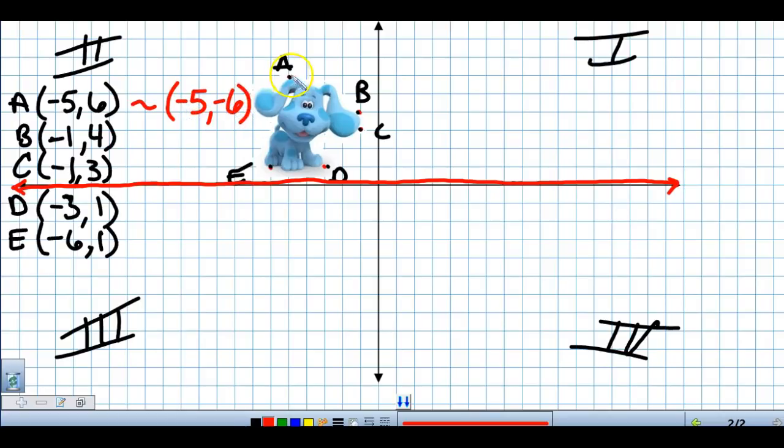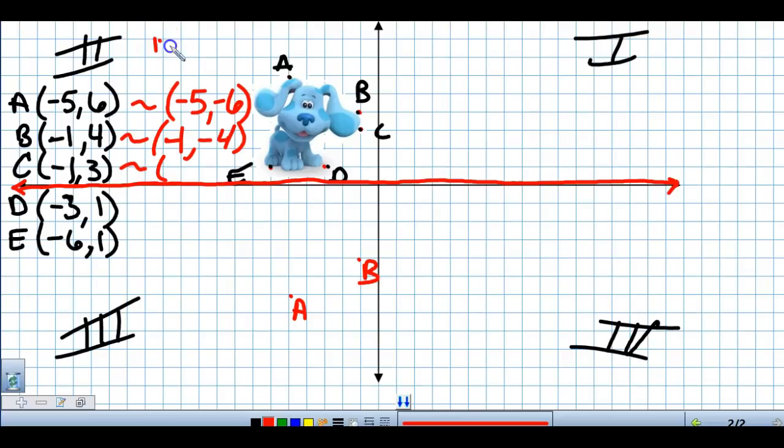So where it once was here, now it's going to be down here, right there. So that's our new A, or A prime. And then where B once was negative 1, 4, it is now negative 1, negative 4, right there. Okay. C,